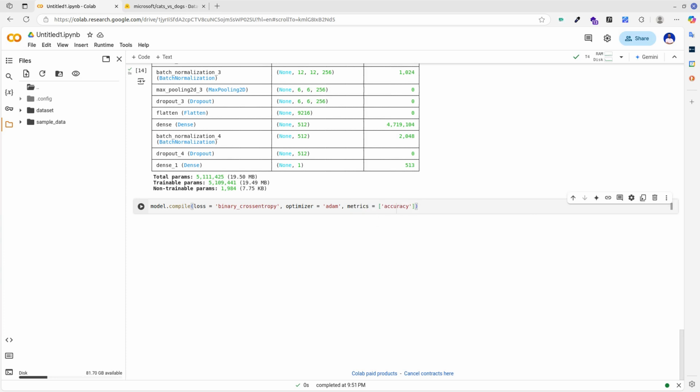The optimizer is in charge of updating the parameters of a neural network during the training process to minimize the loss function. The loss function is a crucial component that quantifies the difference between the predicted outputs of the model and the actual target values. And metrics are functions that are used to evaluate the performance of your model. In a scenario where you are dealing with more than 2 types of animals, you need to switch the loss function from binary cross entropy to categorical cross entropy.